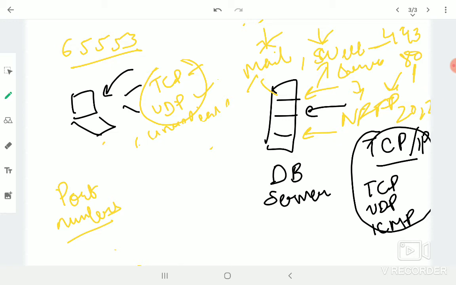So when this cashier sitting over here initiates a connection to this server, say asking to withdraw 2000,